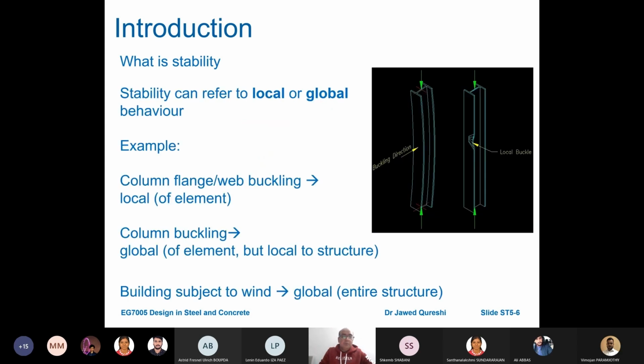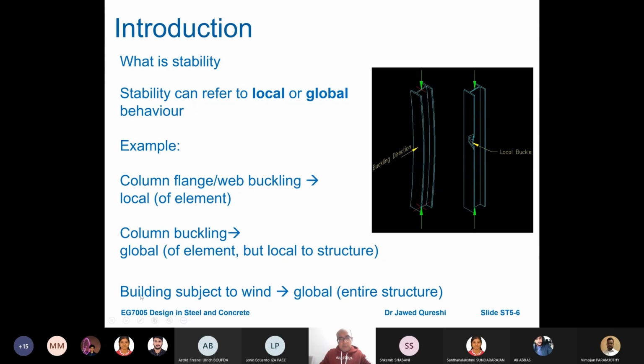Stability can be a local or global behavior. For example, here you can see that this is local buckling of the column. Column or flange buckling is local buckling. It is local to the column. And the overall column buckling, flexural buckling, is termed as global buckling, but it is local to the structure. If I have a 10-story structure, if only one column is buckling, it will be local to the structure. But normally, when we talk about element basis, then when we have a small portion being affected by buckling, we say that it's local buckling. When the entire member is undergoing some kind of instability, then we say that it is